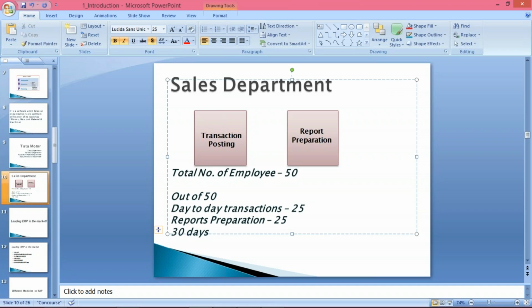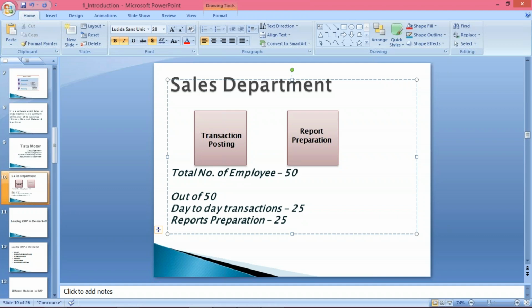So now let's suppose there are total 100 customers. Out of 100 customers, from 30 days onwards, let's suppose there are some customers who have not made payment even after 3 months. Some customers have not made payment even after 6 months. There are certain customers who have not made payment even after 1 year. So these kinds of reports management wants, so that they will decide what kind of future actions we are going to take against those customers, isn't it? So several such reports are required by the management.